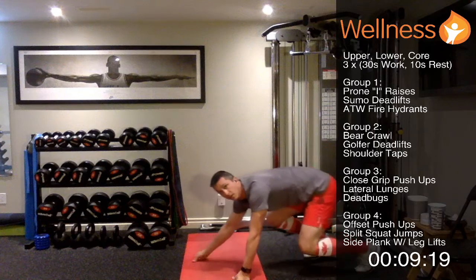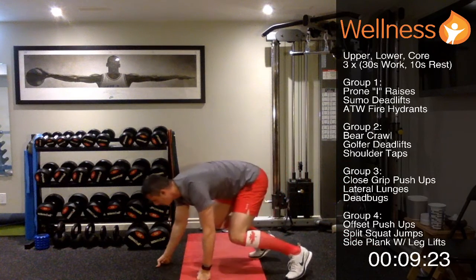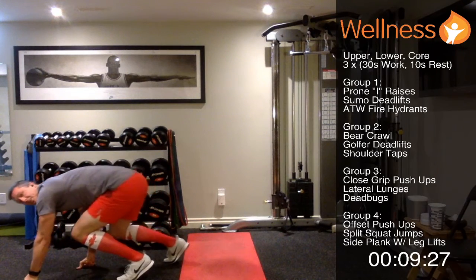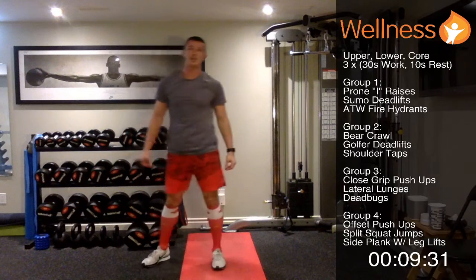Good. Keep it up. I don't have a lot of room, so forwards and backwards keeps me on the screen a little bit better. And relax. Good. So the second exercise is